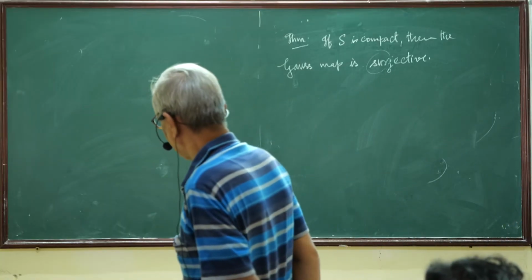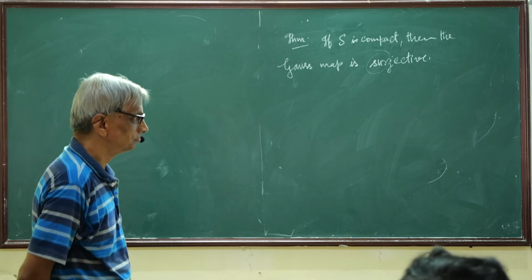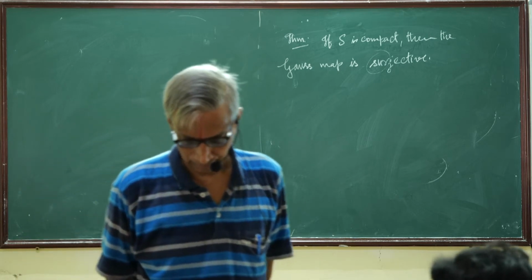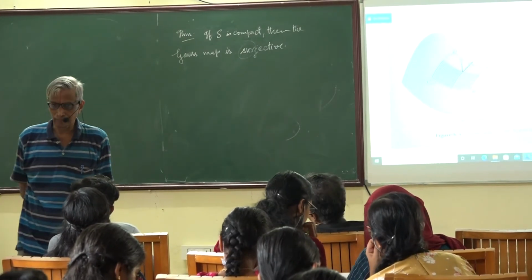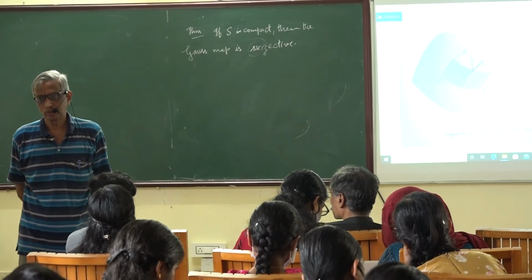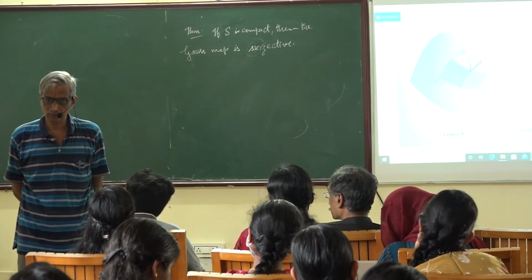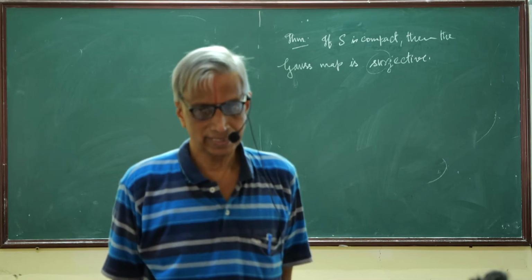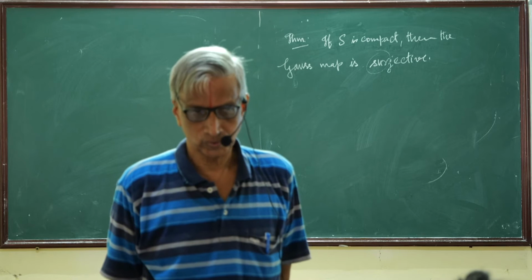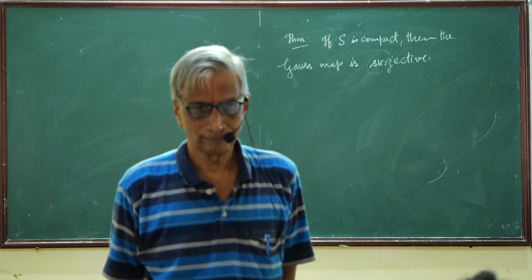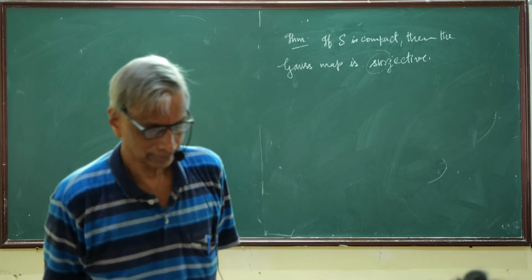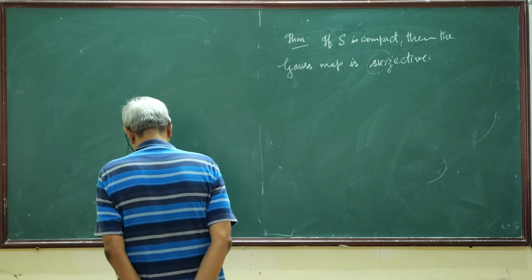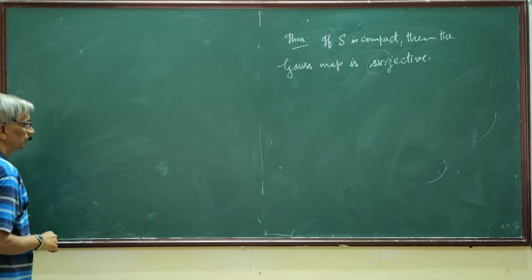So now we come to the most important part of this. So you have the Gauss map, which is a smooth map. So you can talk of the derivative of the Gauss map. So what is it? Before that, maybe I'll say a few things about